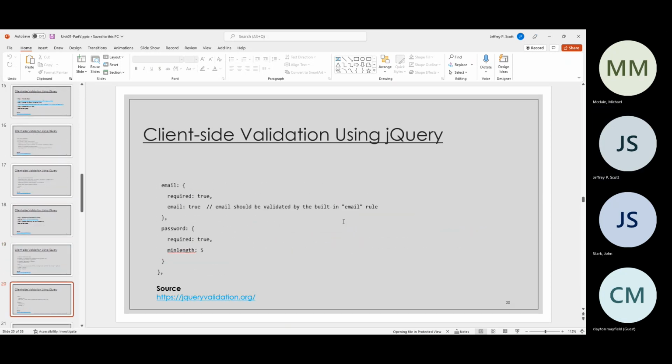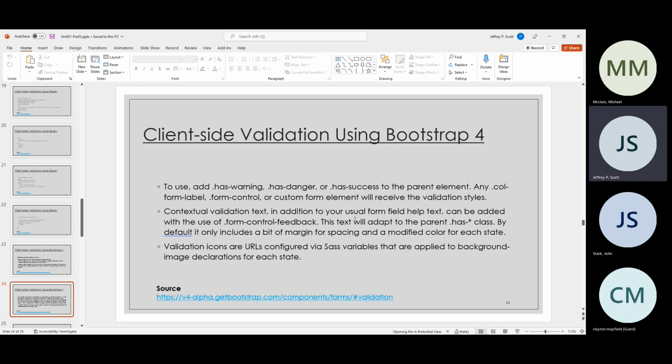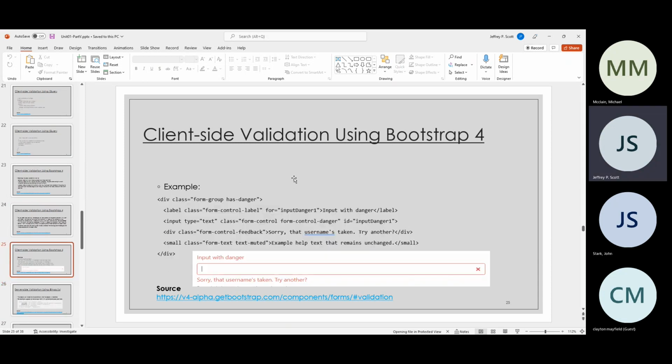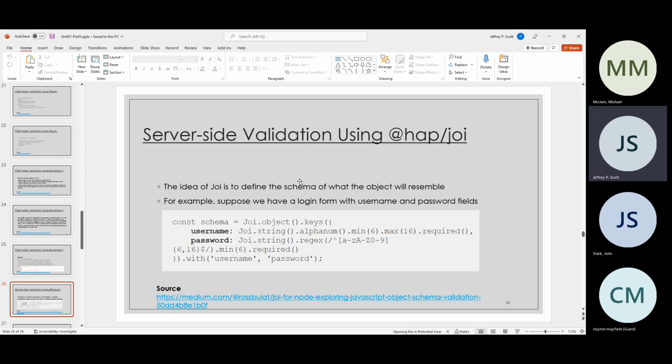jQuery, Bootstrap, that'd be Bootstrap 5 now, but when I did it, 4 was what was up there. So that brings us to right here,